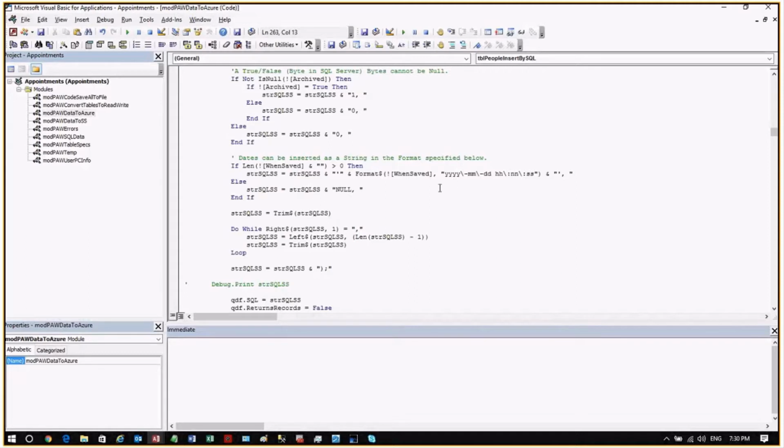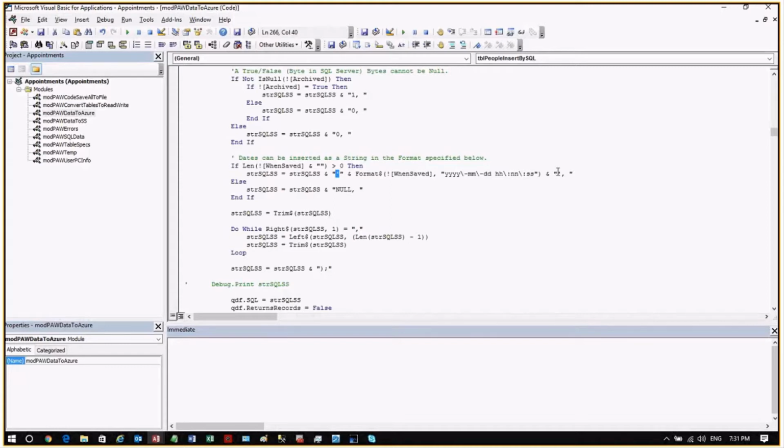Then we get to dates. Dates can be tricky in SQL Server, but you can use the Format function here, and if you format it like the way we got it there, you can leave off the seconds, or you can leave off all the time if you want to. But you have to format it pretty much that way. Now, somebody else may know another way of doing it, but this is the way I know to do it. Send it in as a string,